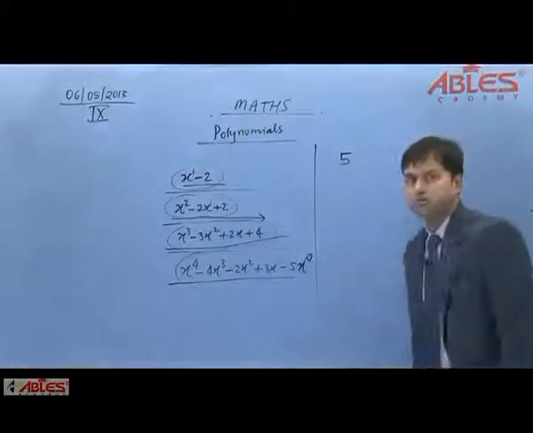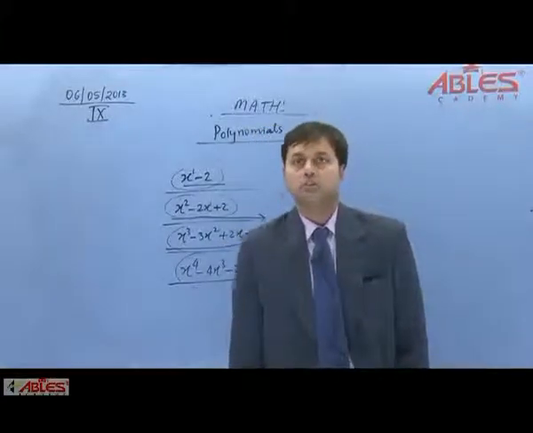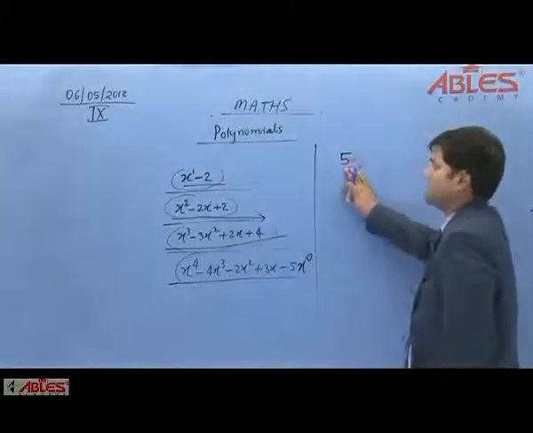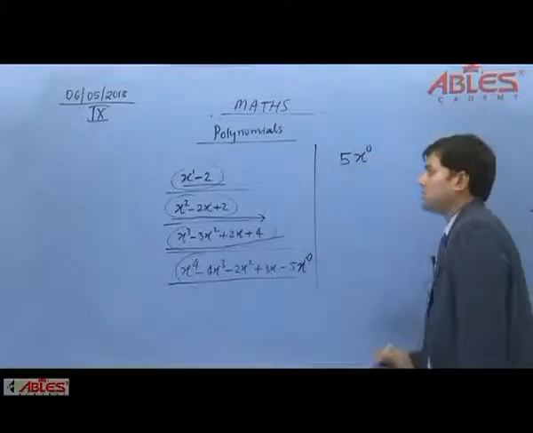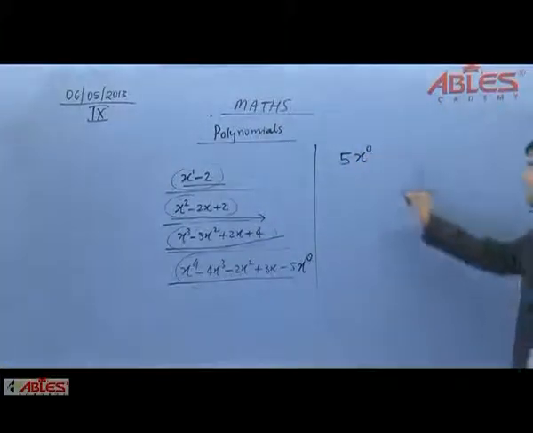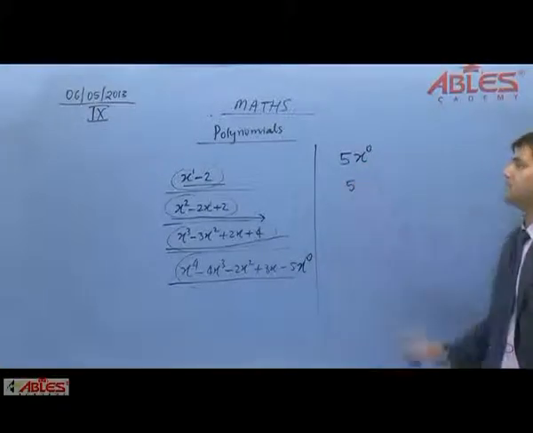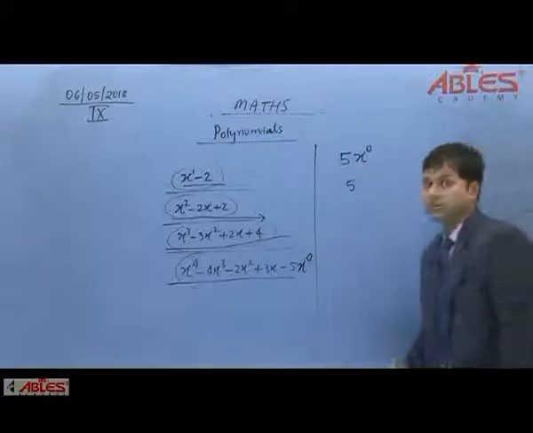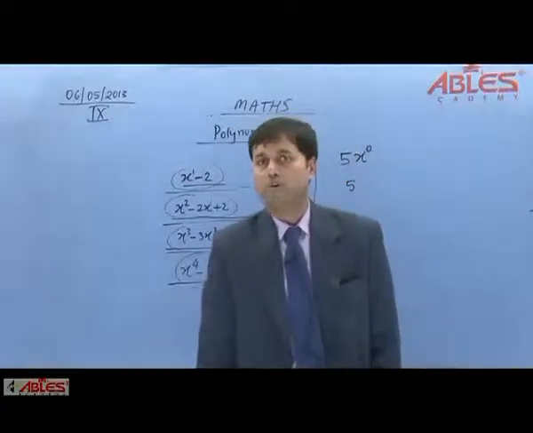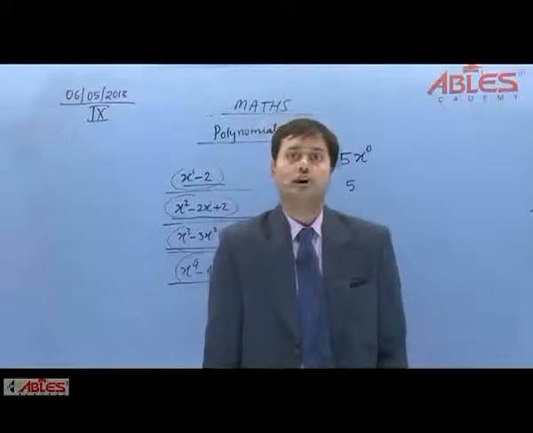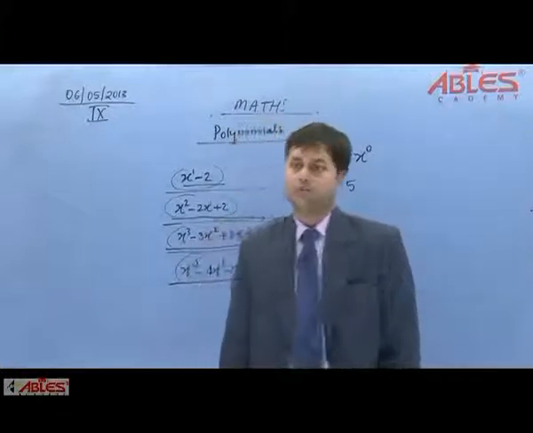So yes, very good. From many centers I am getting responses here. Very good. In this we have degree 0. If you are not getting any variable, that means x power 0 is attached with it, and so we can say that this constant 5 has degree 0. Okay. So in this way, this is the degree of a polynomial. So what is the degree of a polynomial? It is clear now. The highest power available in the given polynomial is the degree of the polynomial.